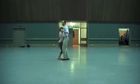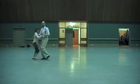this handle, it goes step, step. We've got prep, release,